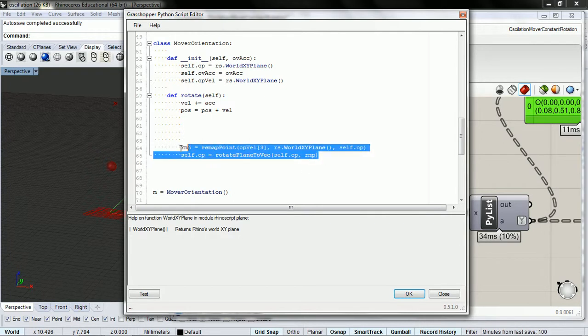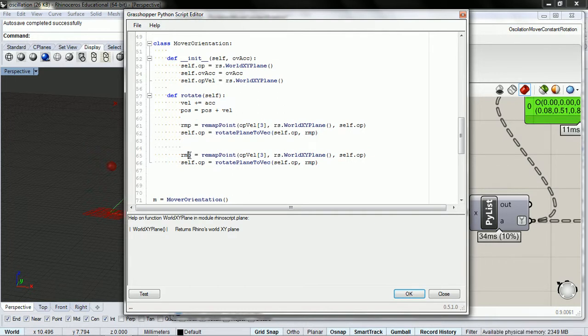And so we want to copy and paste this right up. I'm going to change the name of our remapped point to 2, just to give us a little bit of separation there. And so the orientation plane, this is the position point right here, and then this is for this right there. So we have remap. What we need here is self dot OV acceleration,